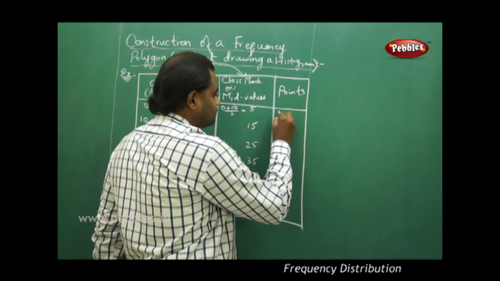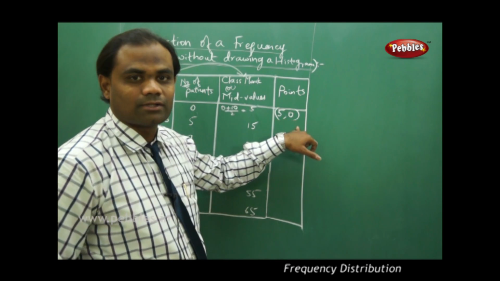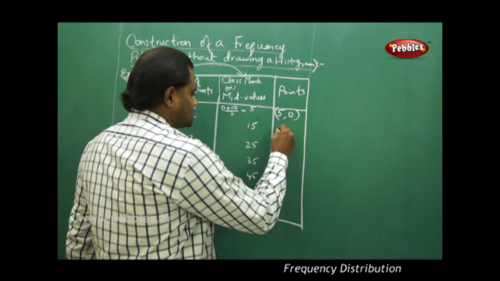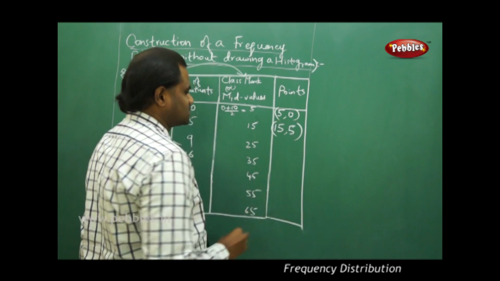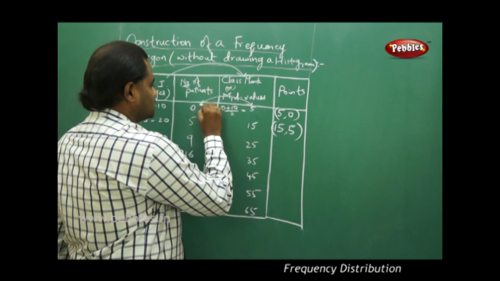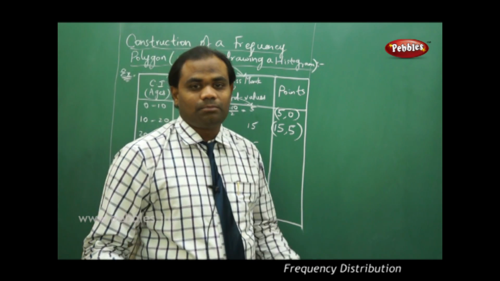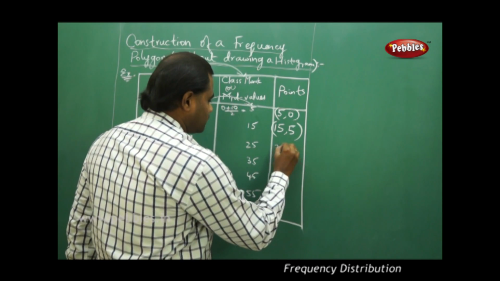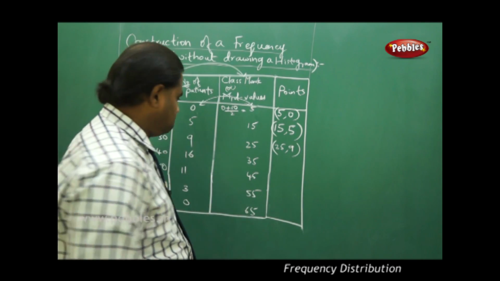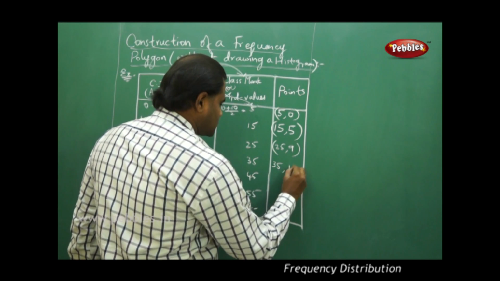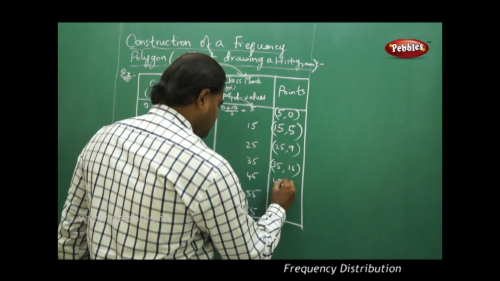In this case, (5, 0) forms the first point to be plotted, and this will be the first vertex of the frequency polygon. Then I take (15, 5), which will form the second vertex. I frame the coordinates with this being the x coordinate of the point and this being the y coordinate of the point. Then I get (25, 9), which forms another point related to the class interval 20 to 30. Similarly, I have (35, 16) as one of the points. And next is (45, 11)